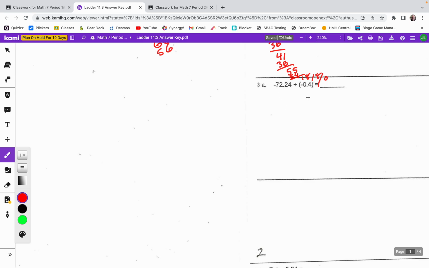All right, this is a negative divided by a negative, so we know that the answer is going to be positive. And we'll do 72.24. Oops. Let's erase that. There's my eraser. All right. 0.24, and we're going to divide that by 0.4. We move this decimal point over, move this decimal point over. That's multiplying both by 10. So it's 722.4